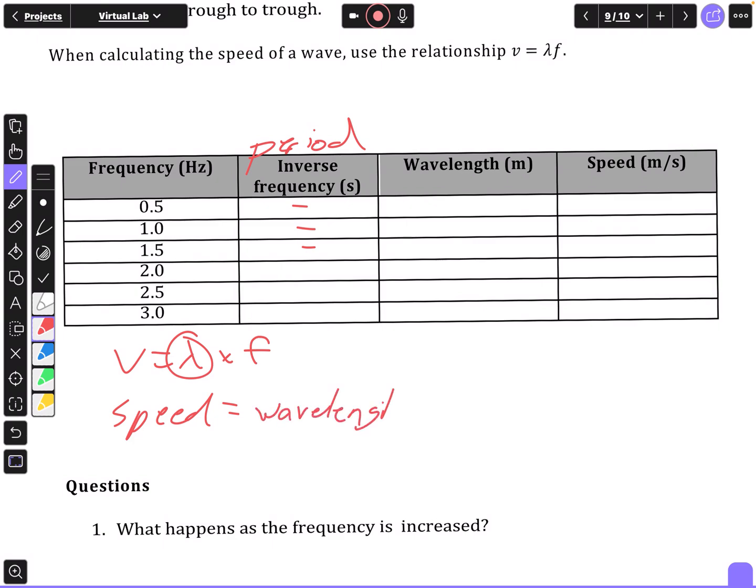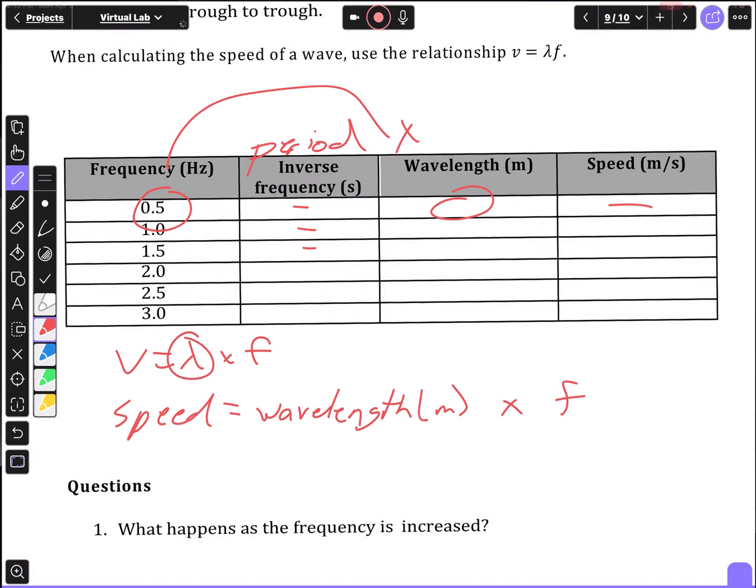And it should be in meters times your frequency. So you'll take this column and multiply it by this column to get your wave speed. Now we have to find our wavelengths at these different frequencies. So if I go back to